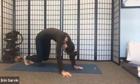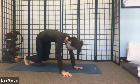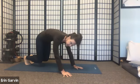Now, my knees are off the floor. I have dark pants on today, but they're off. This is the Beast. It's kind of like child pose, but it's a little more straight. 4, 3, 2,